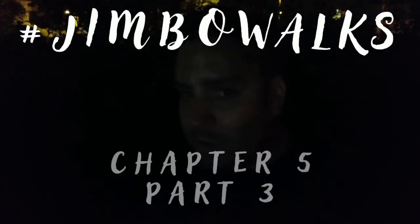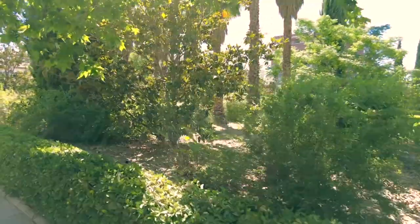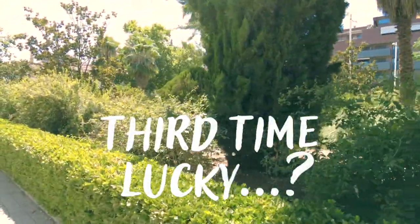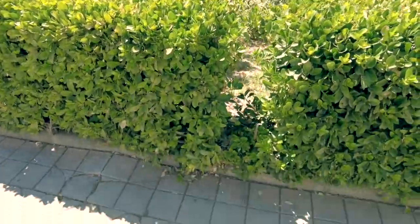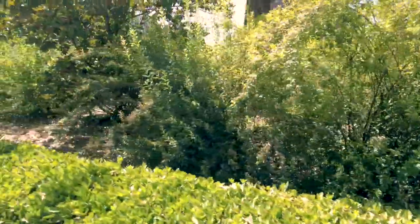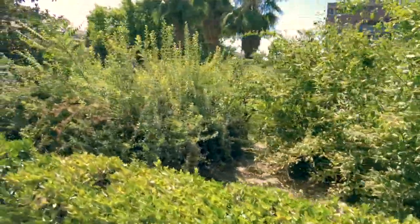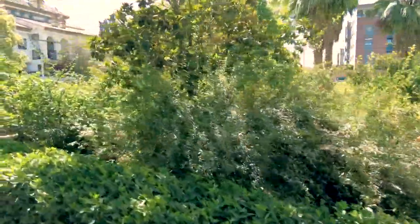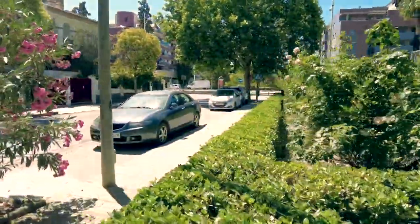Thirty meters from where I was laying, I'm gonna go and look at this, the other half of that area. This is not intended to be a park. There's no gates, there's no openings apart from those that people have made, like this one, for example, where people have stepped through. It's not intended for people to be walking their dogs in, which makes it a little more high risk. This is almost certainly somewhere that I shouldn't be. But the other side to that is I'm unlikely to have any dog walkers just